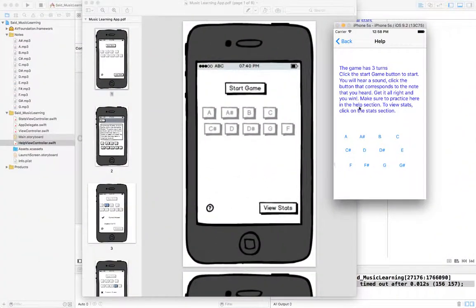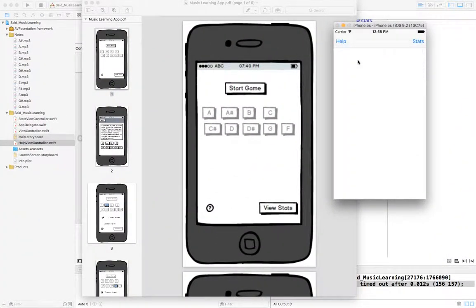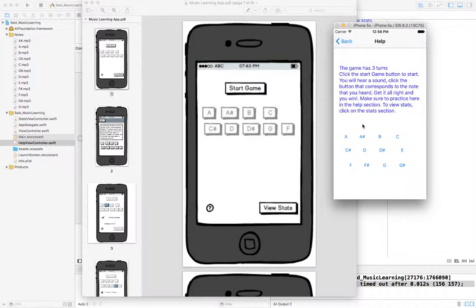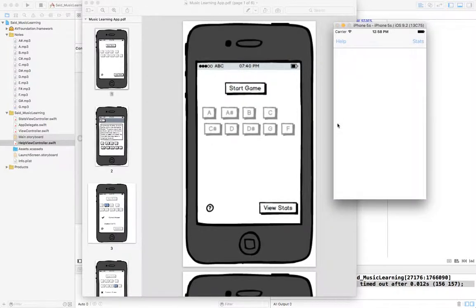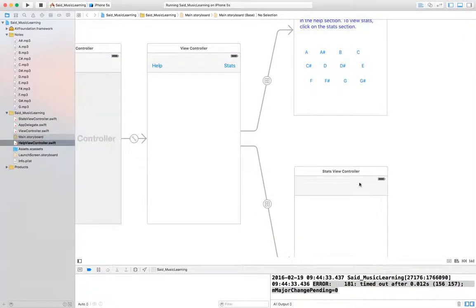Our game so far has the initial game screen, which is empty, the stats screen, which is also empty, and the help screen, which we created before. It has some instructions, and it has the ability to listen to the different notes and practice their sound. So let's go ahead and add the start game and see what we need to do in the controller. So we'll bring in the utility area,